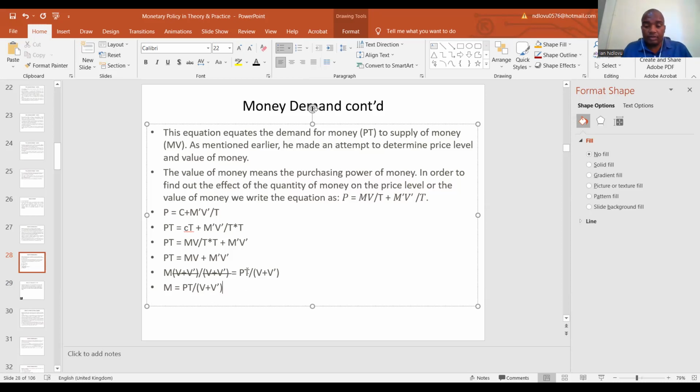So given that 1 over V plus V prime equals K, small k, this implies that